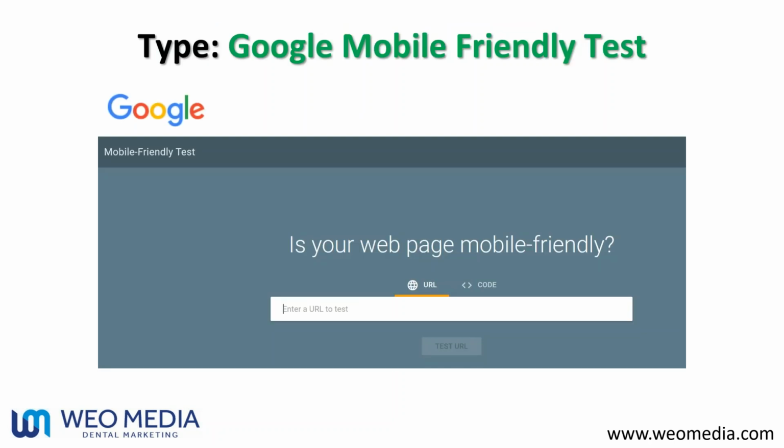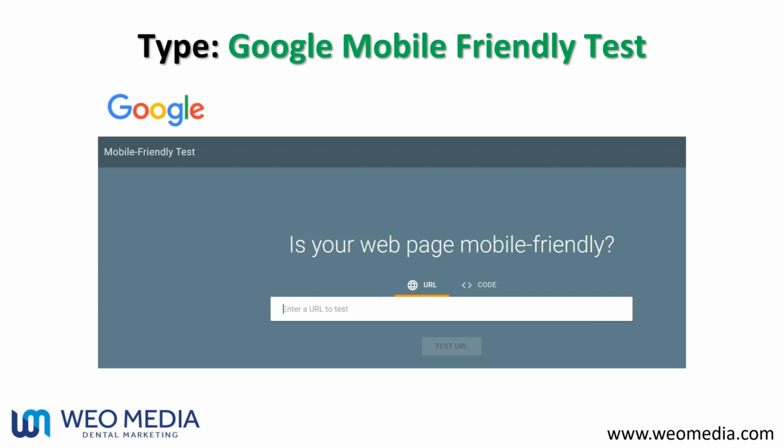Now, if you're not sure if your website is optimized for a mobile phone, there are a couple things you can do. One of them is you can just go onto Google. In the Google search bar, just type in Google mobile friendly test. Hit return. In the search results, you'll see either a direct result where you can type it in right there, or you can click on it and it will take you to this mobile friendly test. In either case, what you do here is you enter your www.mywebsite.com, whatever that is, hit the little button that says test URL, and in less than a minute, Google will